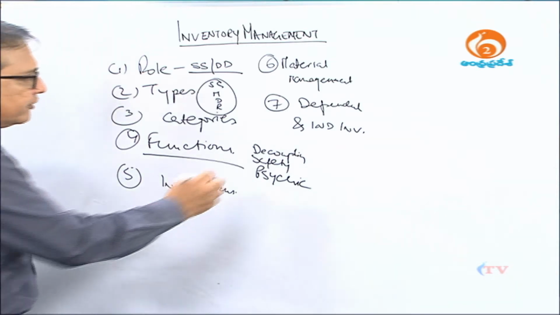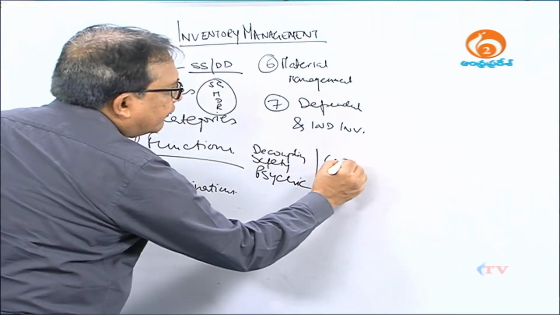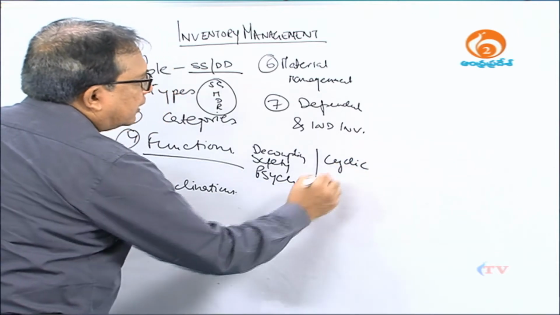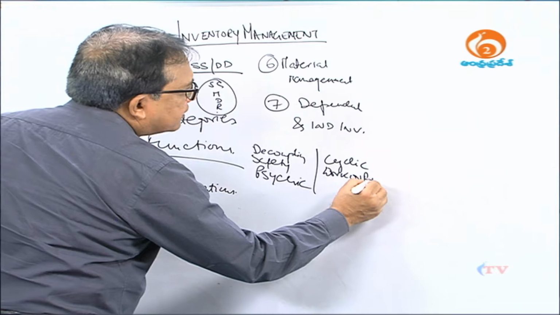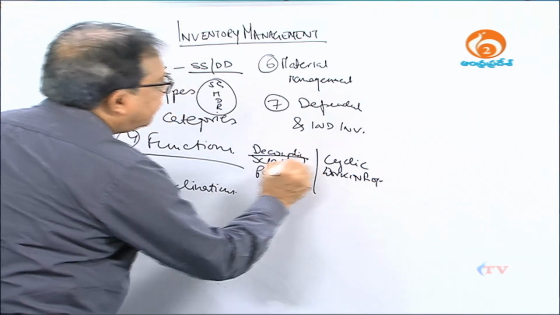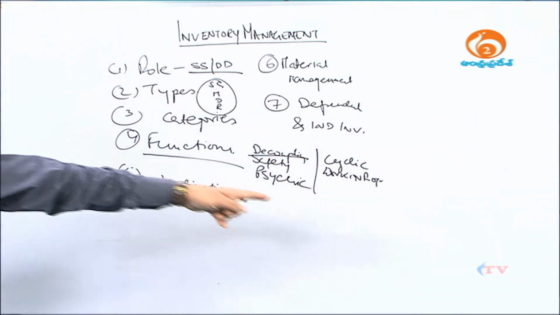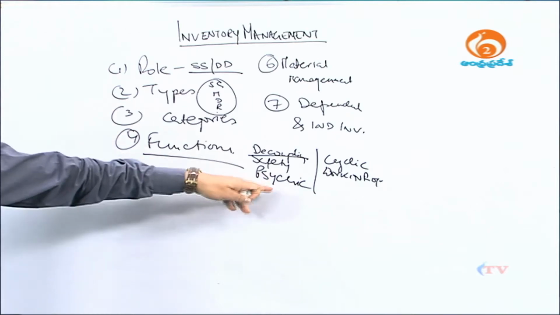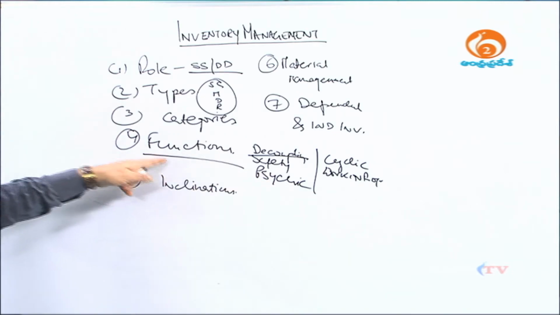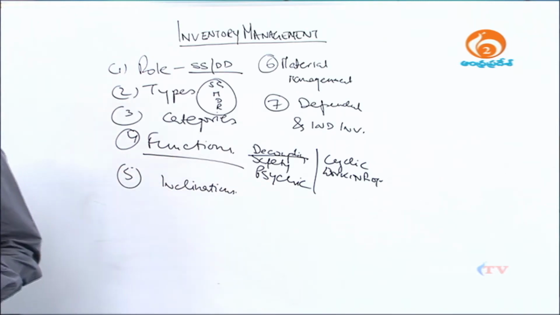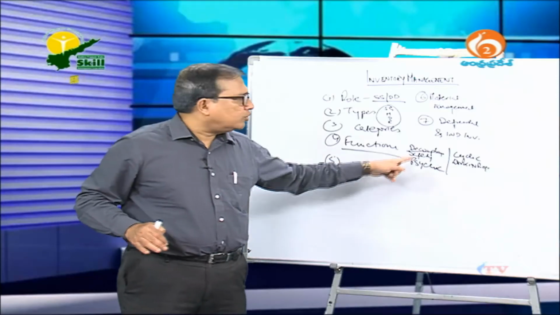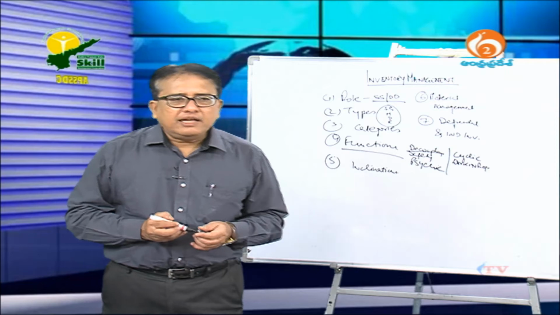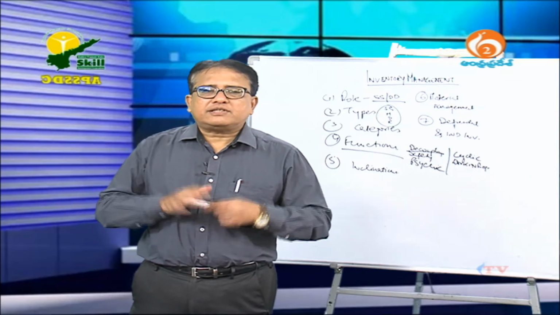You have cyclical inventory, you have work in progress. So, these are the functions. What do you mean by decoupling? There are different functions, we have just mentioned a few to highlight the activity that a stock would do. When you say decoupling, in case for some reason